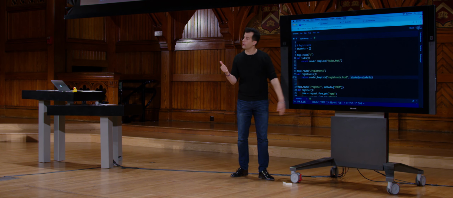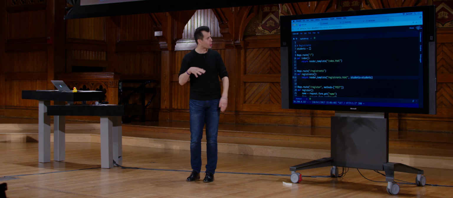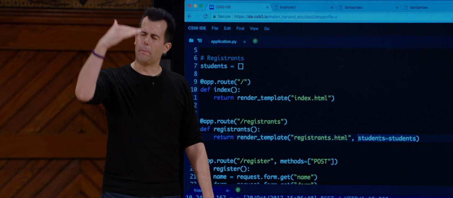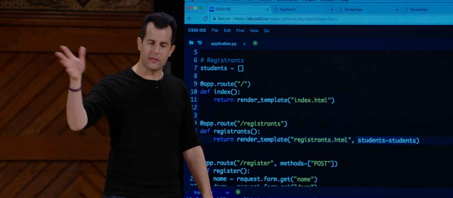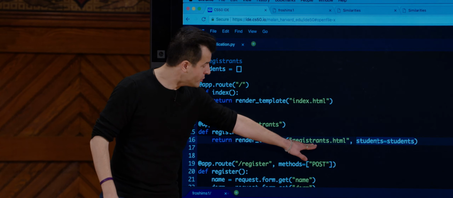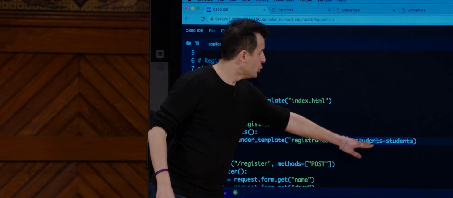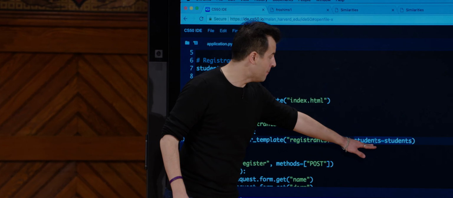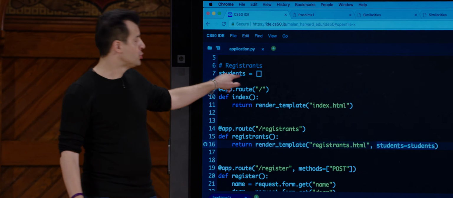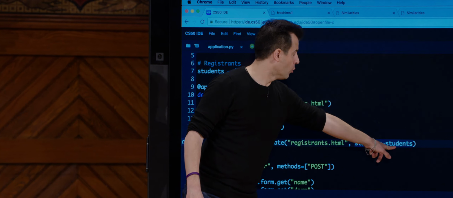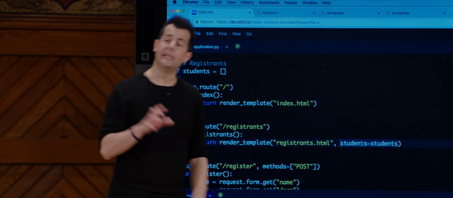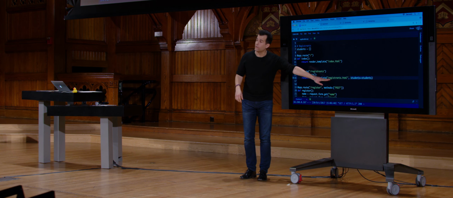Index didn't need this. Failure didn't need this. Success didn't need this because it's all hard-coded. But registrants does, because it's going to generate a bulleted list of, like, David from Matthews and Maria from Apley Court. So we kind of need to know who those students are. So registrants.html, comma, students shall be the named parameter, and the value of it shall be the list up here. So the right-hand side is a variable or a value that must exist in the current program, and the left-hand side is a variable that's going to be inside of, we'll see,